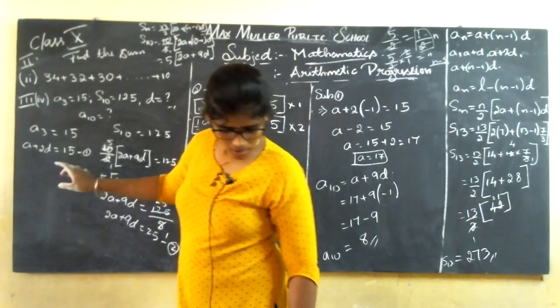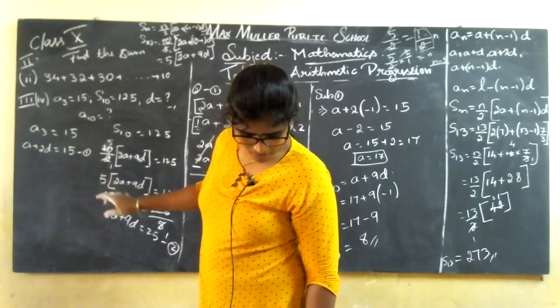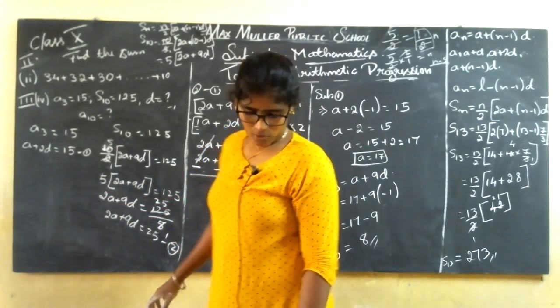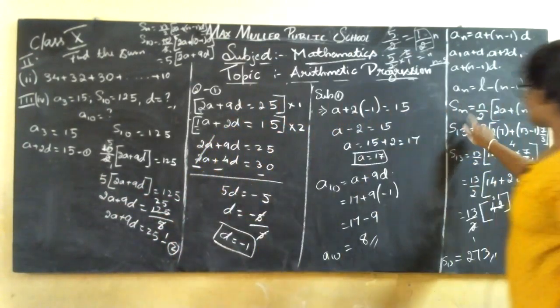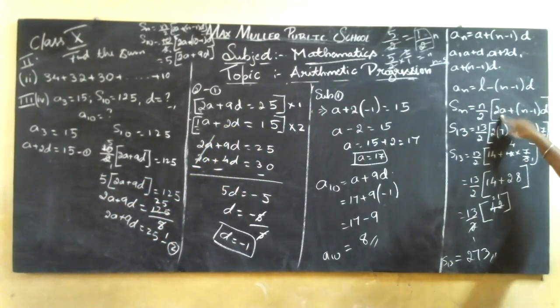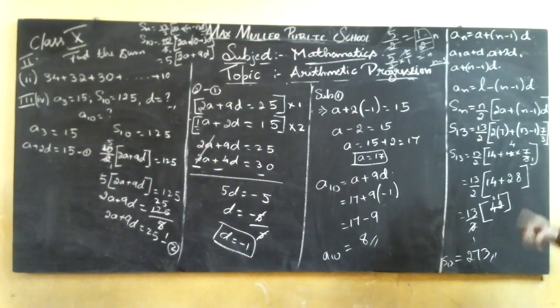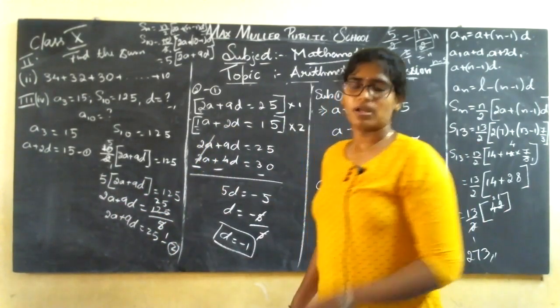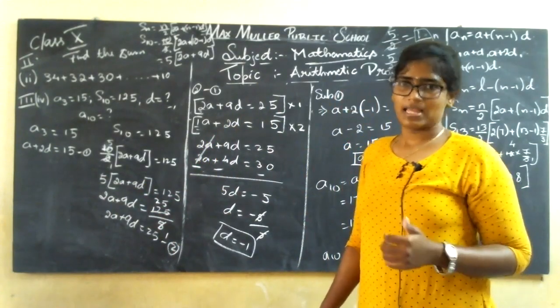Instead of what? d value they have given. You are going to substitute in the Sn formula. S9, you are going to take the Sn formula. In place of d, you are going to substitute so that you get the a value in the Sn formula itself. Because Sn is also given, everything is given, leaving a. So substitute in the Sn formula, get the a value, and then substitute in the a9 formula. You get the value of a9 and a.